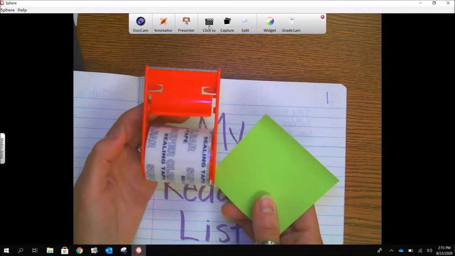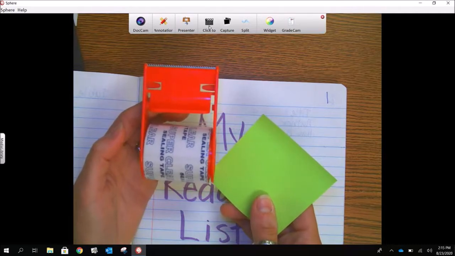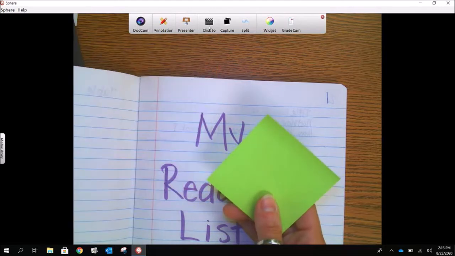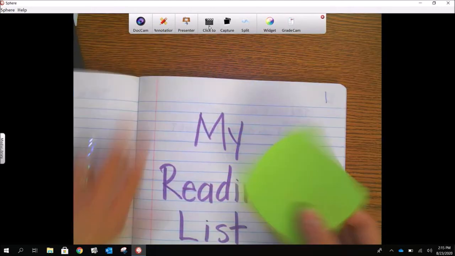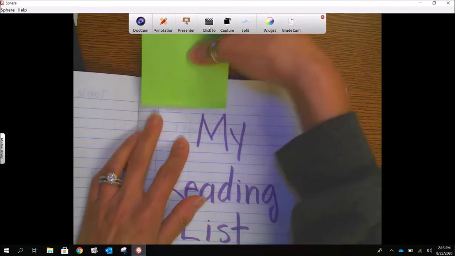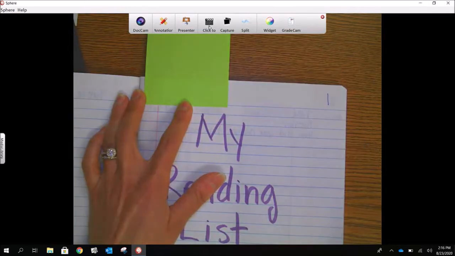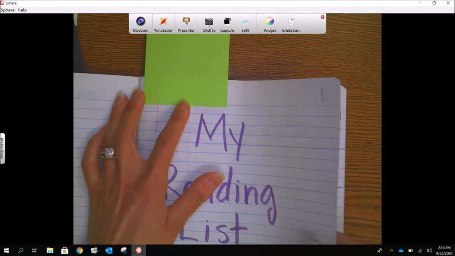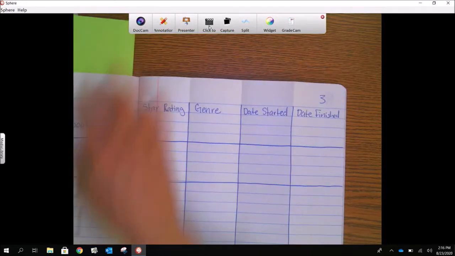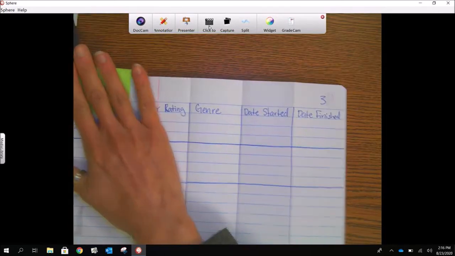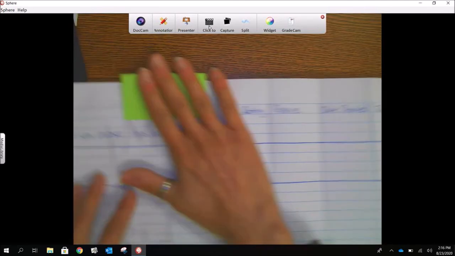I'm going to take my packing tape, tear some off, and tape this down. So that way the tab is stronger and stays put and doesn't fall off. And if you need help with this, ask your parents if they can give you